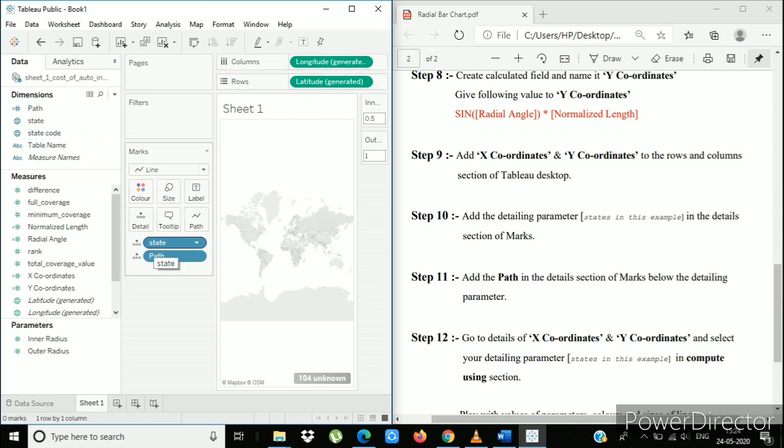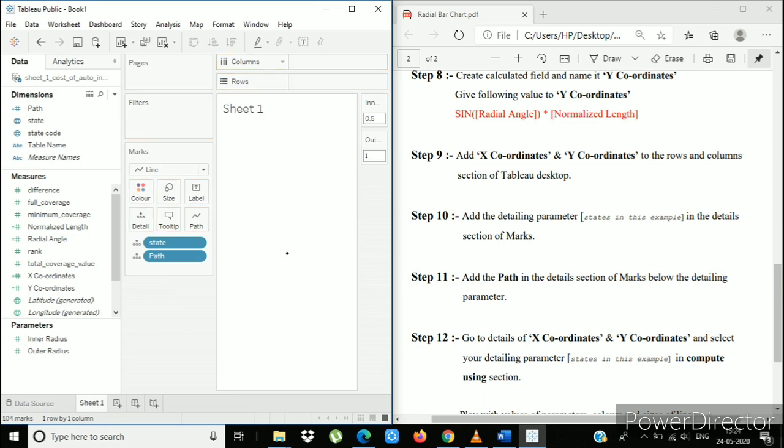Okay guys, I think I have forgotten step number 9. So we'll just remove the latitude and longitude from rows and columns and add x and y coordinates there.